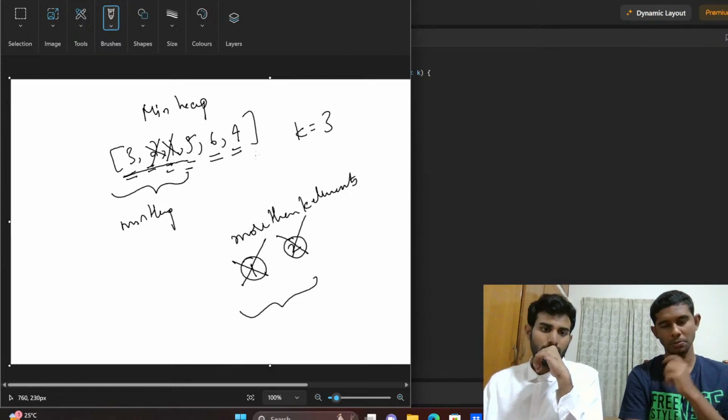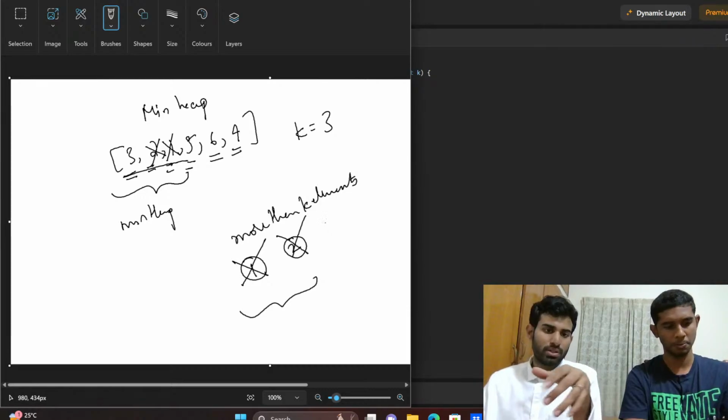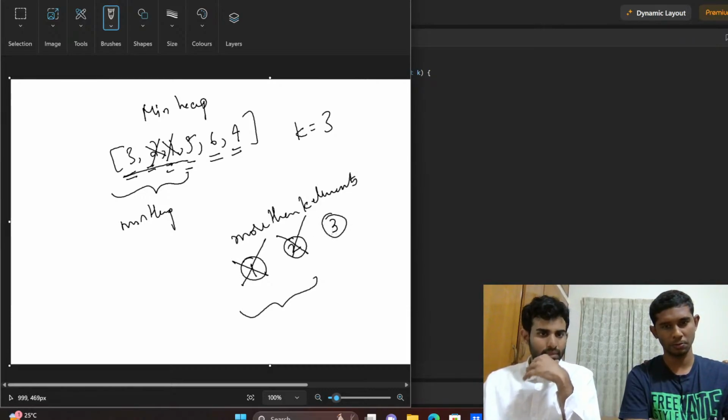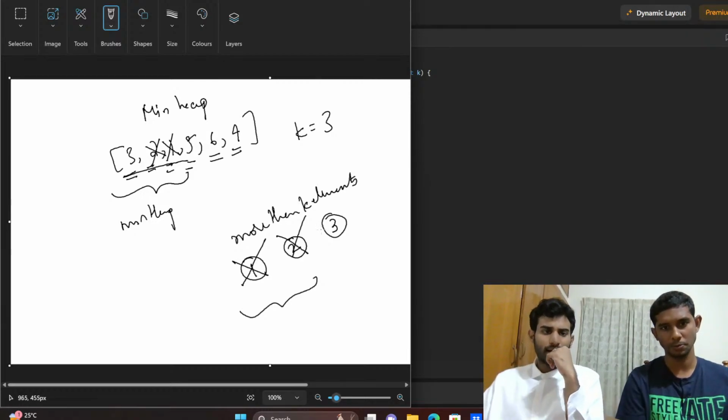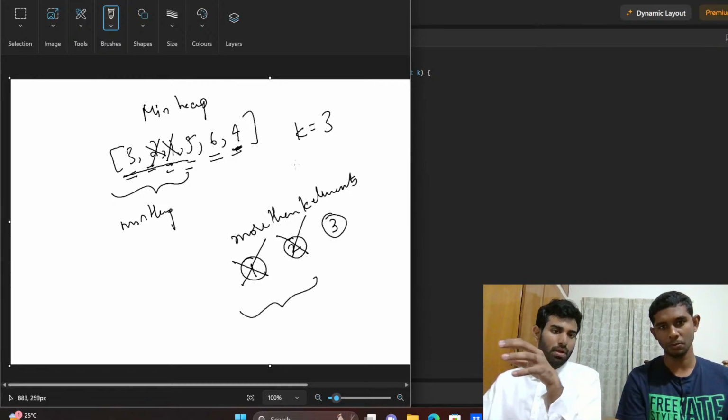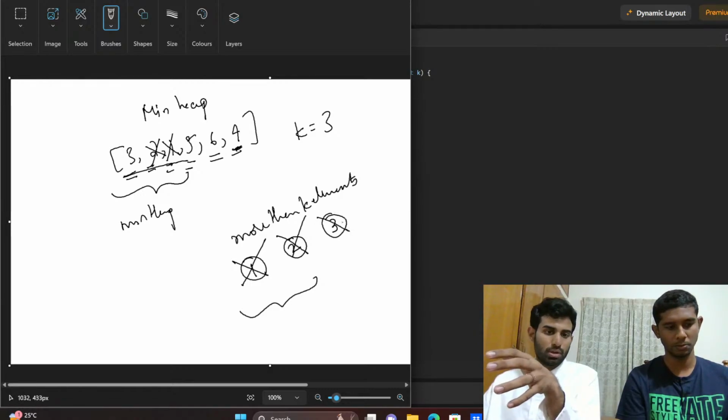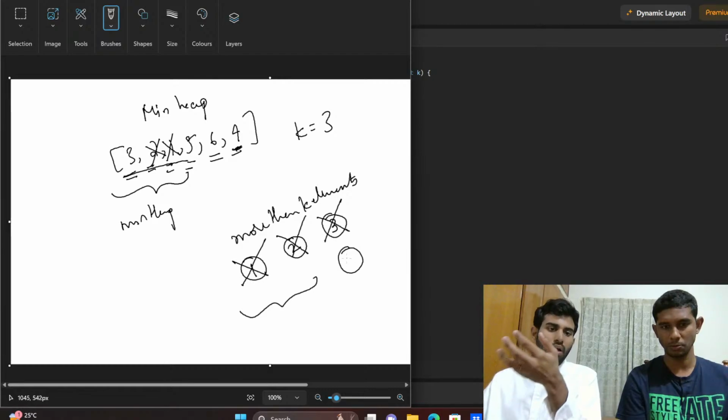Now you look at 4 here and you try to insert it. Before you insert it, the heap will internally restructure itself and it would have 3 here. When you insert 4 into the min heap, again the property is violated. You have 4 elements in your min heap while you're trying to maintain a k size heap. So again you would delete the element at the root of your min heap, which is the minimum element. You would delete this. The heap would restructure itself and the heap would contain 4, which is nothing but the minimum element